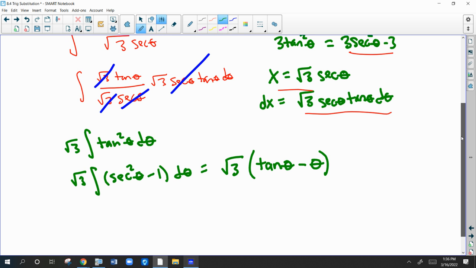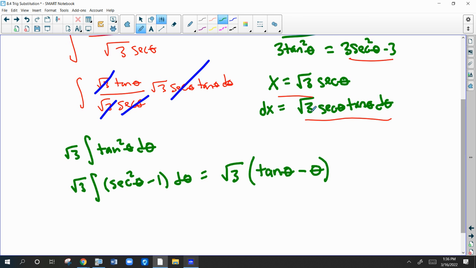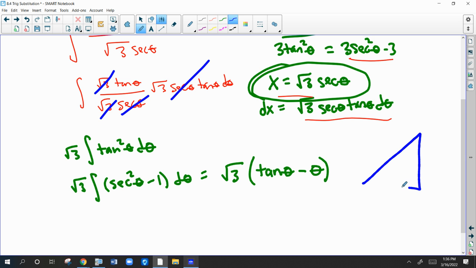Now we have to substitute. So we're going to use, as we usually do, what we let u equal, in this case x. So we know x equals root 3 secant theta, which means secant theta equals x over root 3, which also means cosine theta equals root 3 over x. So if cosine is